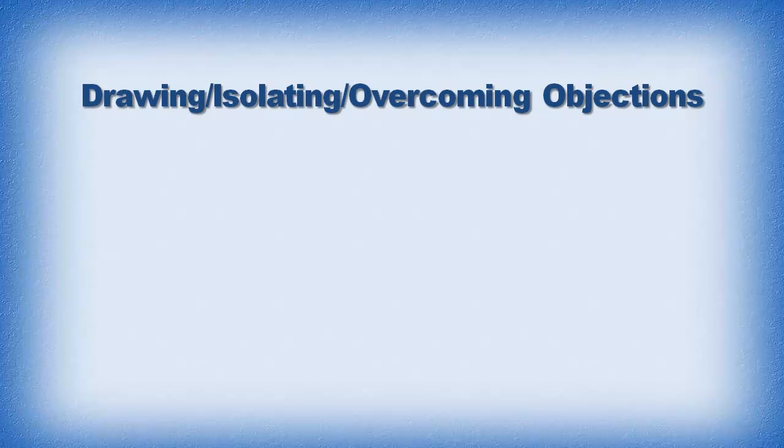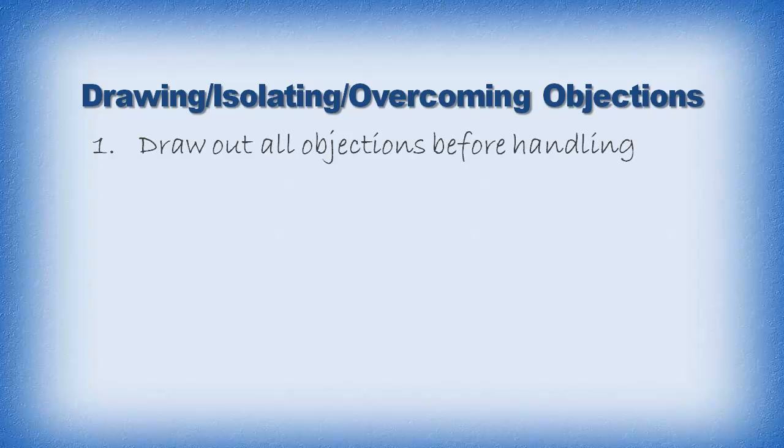Now, when you get an objection, I said I'd tell you how to handle them. This is how you handle them. Say you get a guy and he's like, well, it's a bit pricey, isn't it? So you've got your objection, it's price. Now, before you handle this price objection, you need to draw out all the other objections now, because you don't want this back and forth where they say, well, it's too expensive, and then you overcome the expensive thing. And then they say, well, it's not exactly the right shape either, or whatever. I don't know what their objection is. So you want to draw them all out.